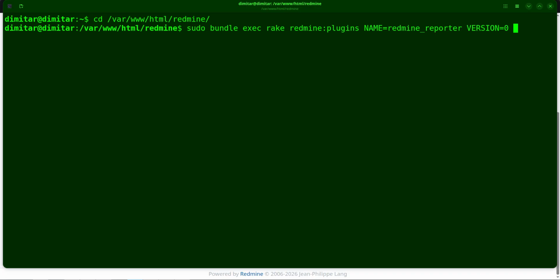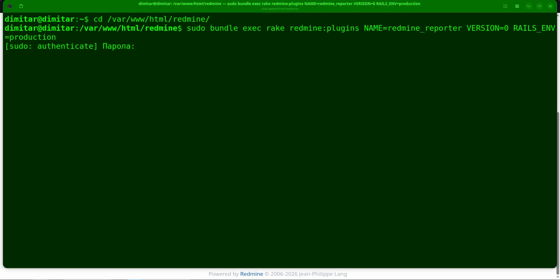Actually, this thing is going to drop all the tables of Reporter. Okay, and RAILS_ENV, that is production. This is pointing the server of Redmine to be a production one. Okay, we click enter and put our sudo password